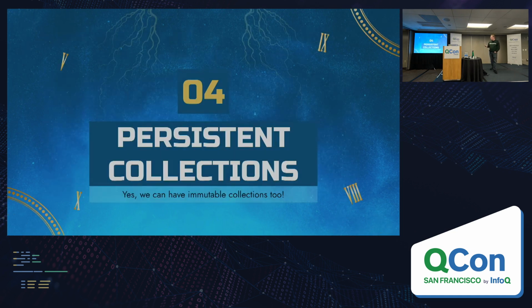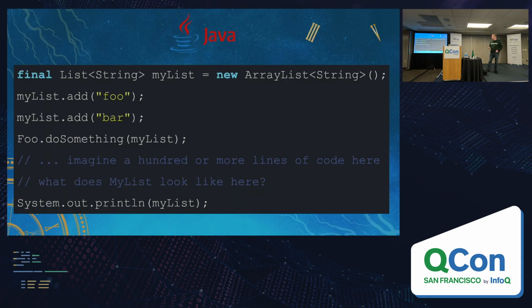And that kind of leads us into a related but slightly different topic, which is about collections. So I also want my collections to be immutable for the same reasons. But that's a little bit harder. So you can see this line of code here where I'm constructing a Java array list. I'm using this final keyword because I want this to be immutable. I want to be able to make those assumptions about the state of my list without having to spend a bunch of time reading my other code.